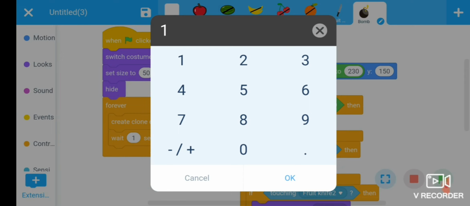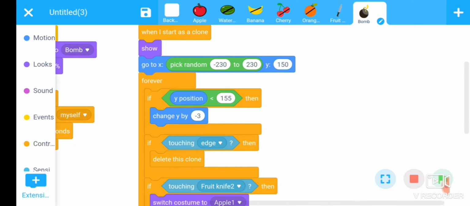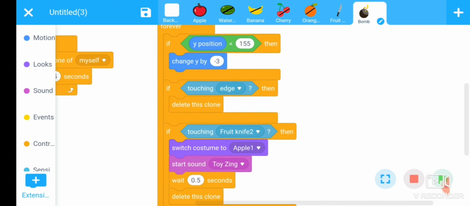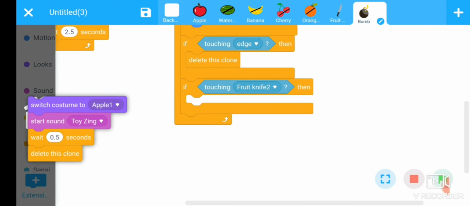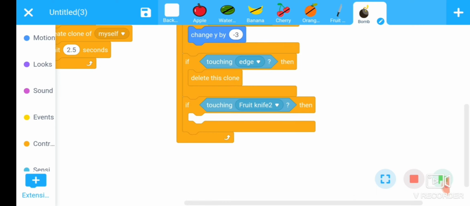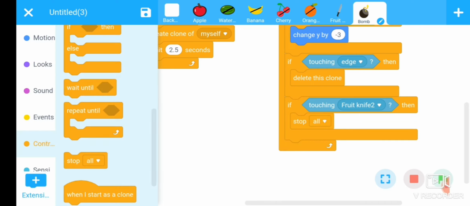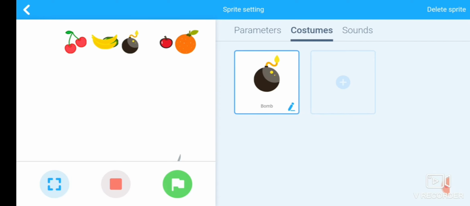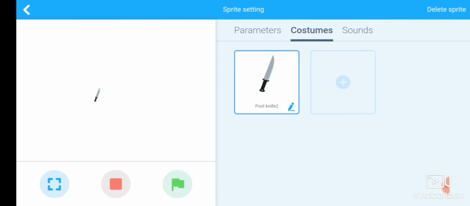You add a wait here of 2.5 second, and third thing is that whenever the bomb touches the knife, our game will be over. For this, use here the stop all command, and now start the code. Okay, our game is over.